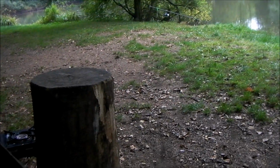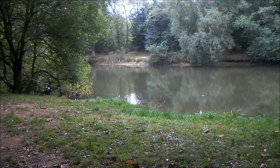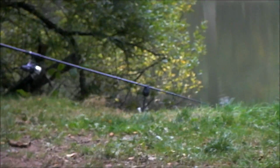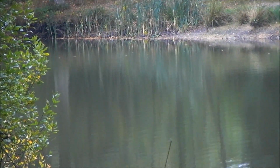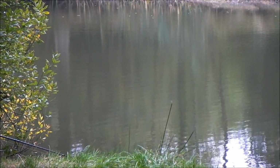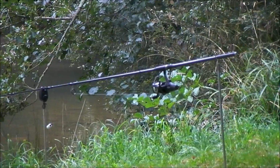So I've changed swims. I managed to also acquire a handy seating log, which is nice. And I must say, if you are a tackle tart of a nervous disposition, I'd look away now, because the left-hand rod is on a bank stick from my pod and a child's bank stick, and it's out to about there, out off the edge of that bush, over the marginal shelf on a critically balanced corn rig with some corn. And the other rod is an issue, as you'll see, in transit. I don't know if you'll be able to pick it up on the camera, but